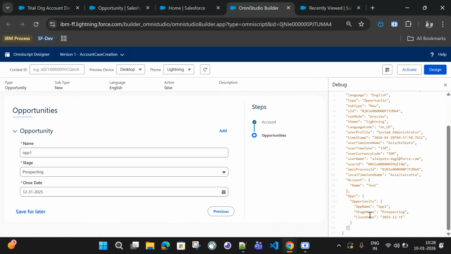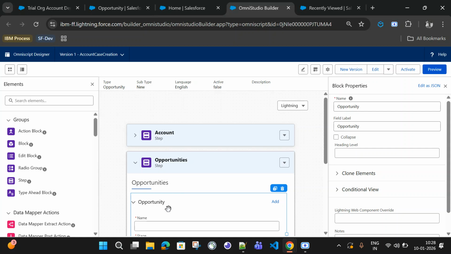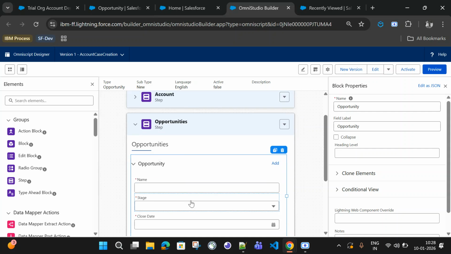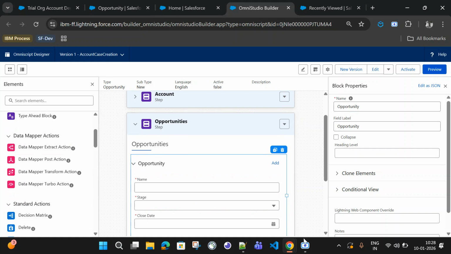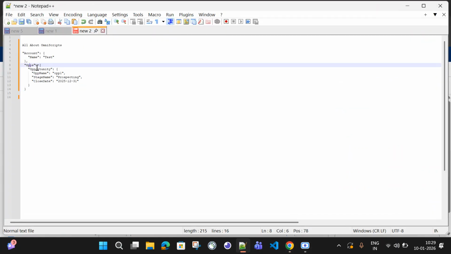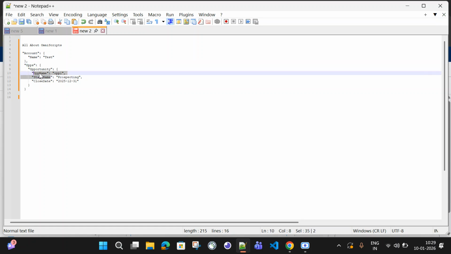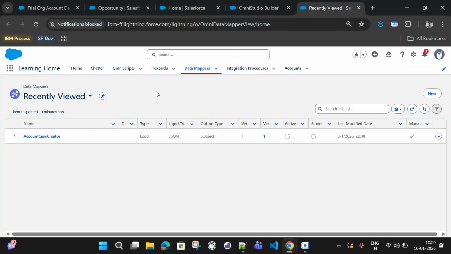So this is the structure. Now, simply what we need, we have everything, we just need the data to go in the S object. For that we need a data mapper, and that data mapper should be of post action type. I just store this data here for reference. Opp name, because this is our JSON that we will be passing to our data mapper. So quickly, without wasting any more time, I'll go to data mapper, new data mapper,